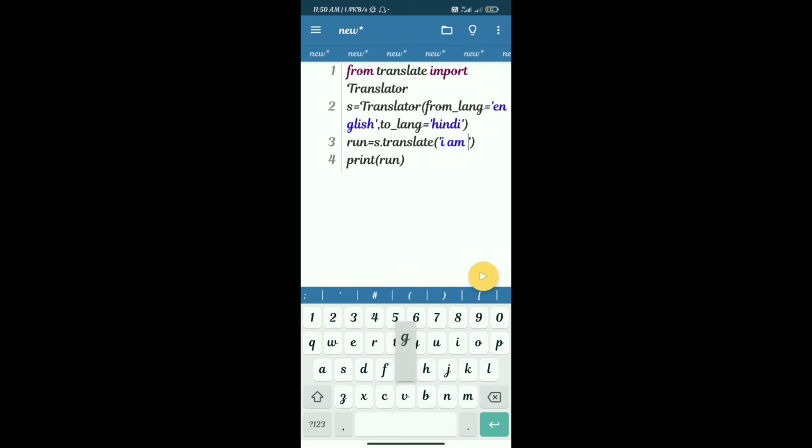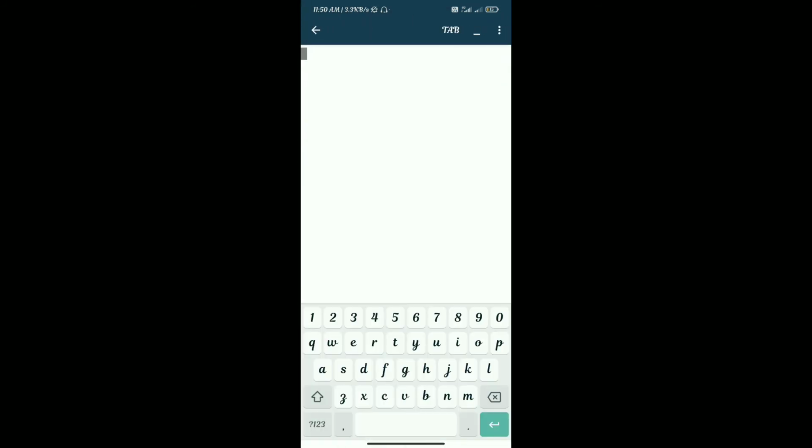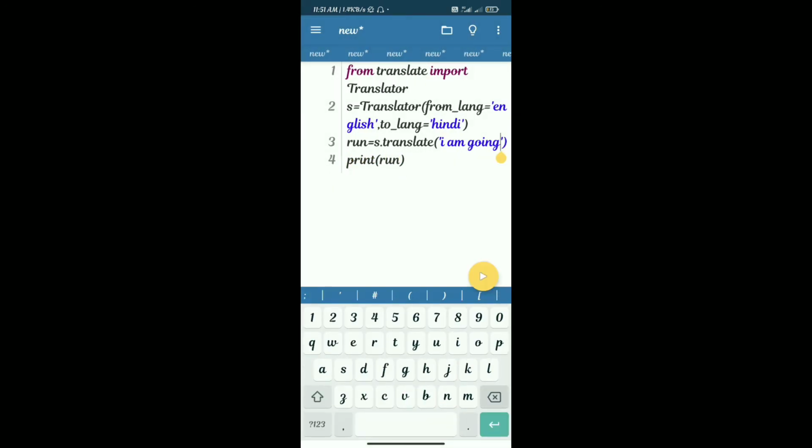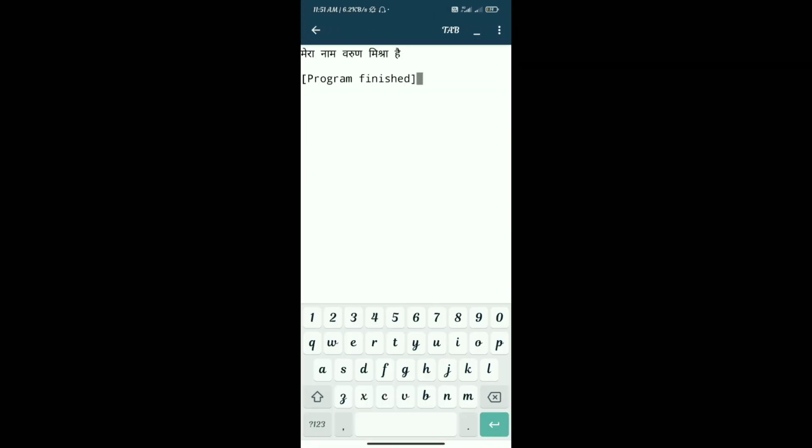I am going to school, and run it, and we see that here it writes Hindi, means something is wrong here. So we take my name is Varun Mishra, and here we see that it has printed मेरा नाम वरुण मिश्रा है.